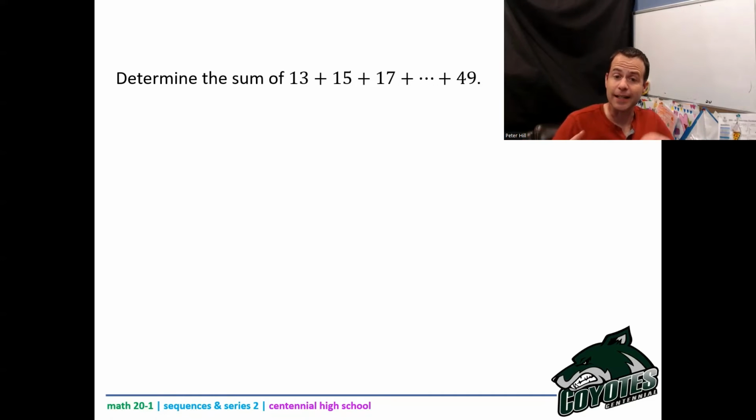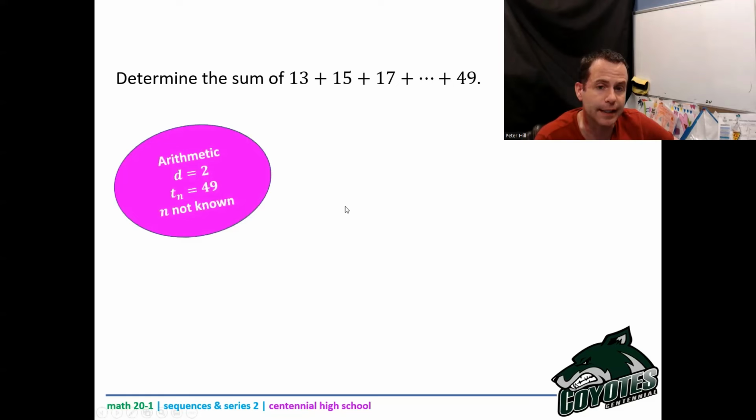49. Again, another example where I'm told T of n. Fantastic. First thing I need to ask myself is, do I have this as an arithmetic or geometric? 13, 15, 17, I'm adding 2 every time, so I know it's going to be arithmetic. Again, I know that D will be 2, but I don't know n, so I'm going to have to do a little digging and solve for n. So I know it's arithmetic, I know D is 2, I know T of n is 49, n is not